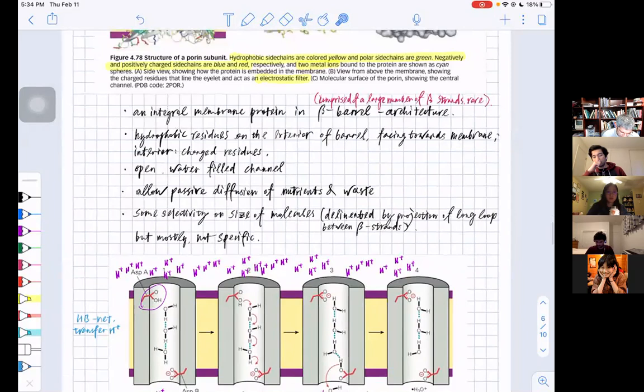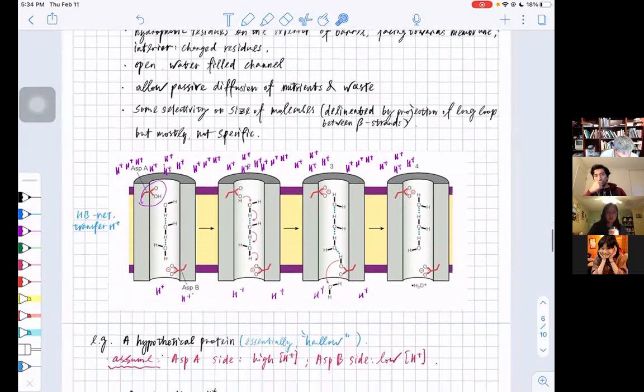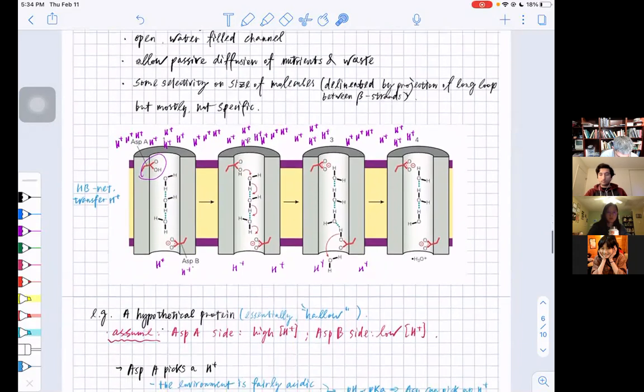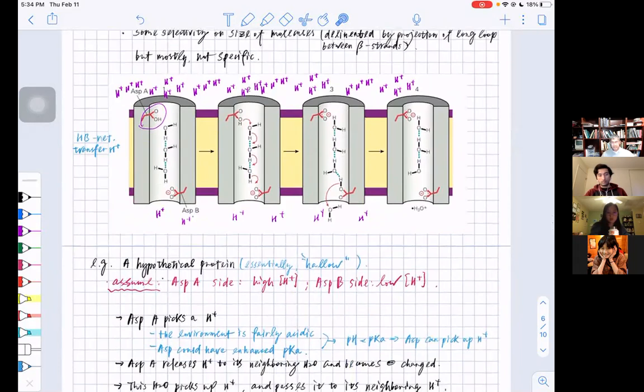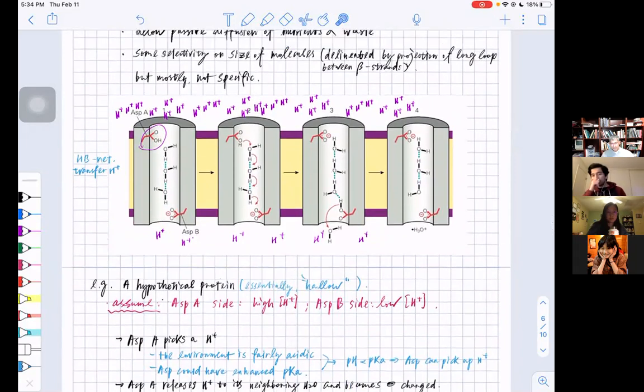So to understand how that happens, we can imagine a hypothetical protein that basically has nothing in between, just a chain of water molecules. Let's make a very, very important assumption, which is the aspartate A side has a higher concentration of proton and aspartate B side has a lower concentration of proton. And the proton transfer event starts from the aspartate A picking up a proton. Why does it pick up a proton? Because we can imagine the environment